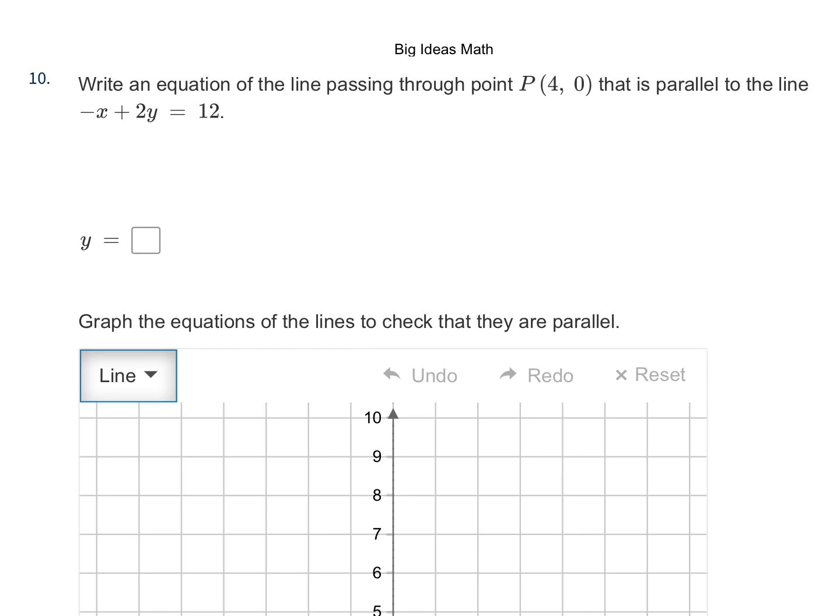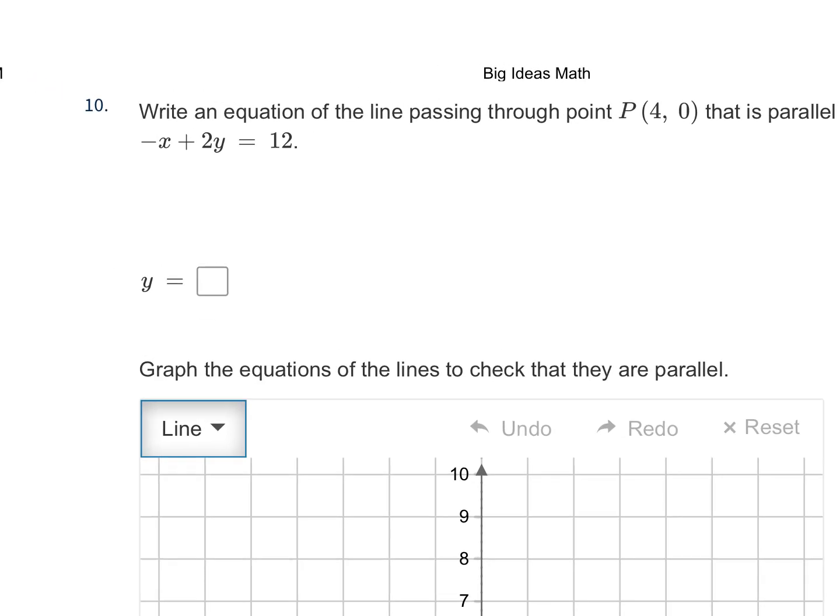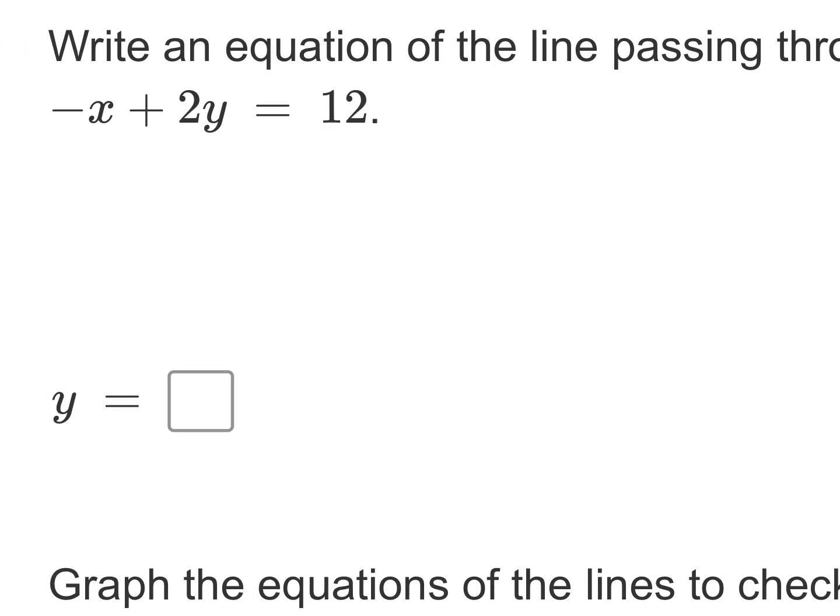I can't just plug in yet. Good. So I need to take this equation right here and change it to slope-intercept form. Slope-intercept form is y equals mx plus b, so I need to solve everything for y. First thing we have to do is add x to both sides